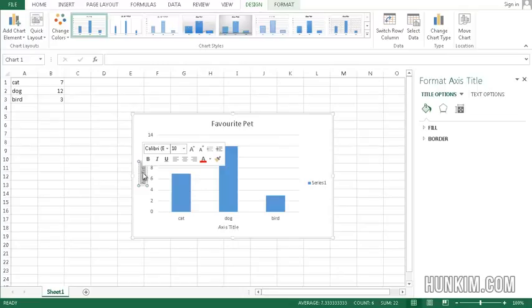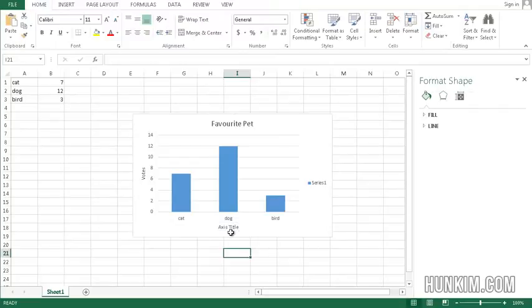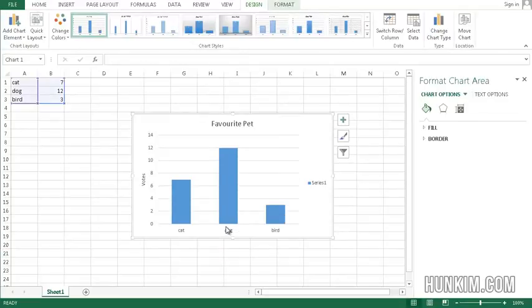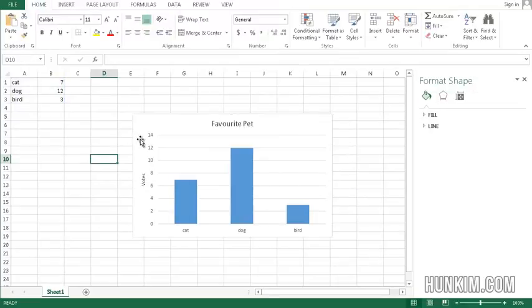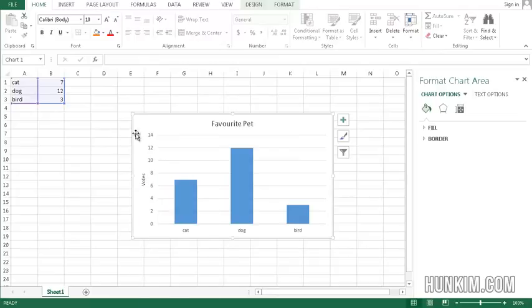titles. For example, on the side I can write votes, and on the bottom I don't actually want it, so if you click off of it and you click on it once, you can press delete. And series 1, I don't want that either. I can click on it once and press delete. Alright, and you can right click the actual chart,